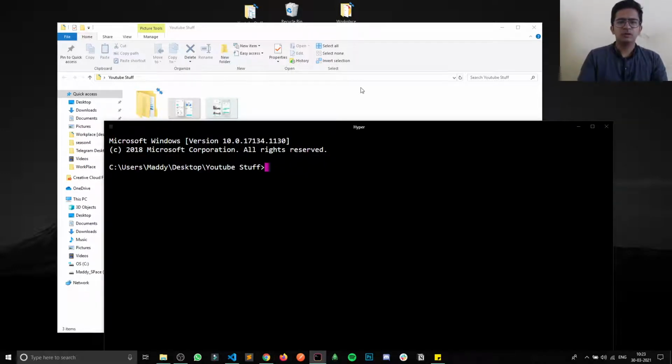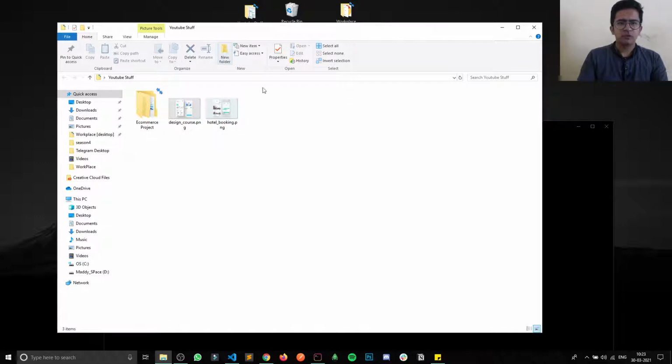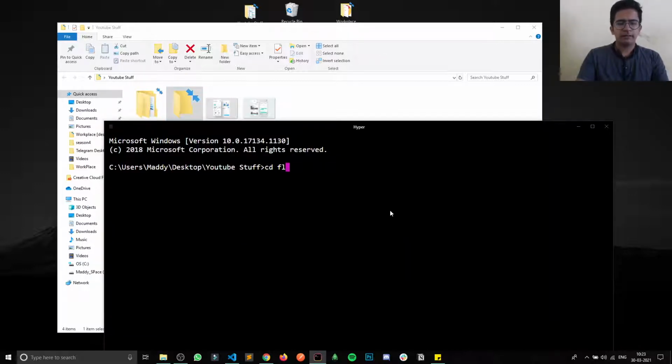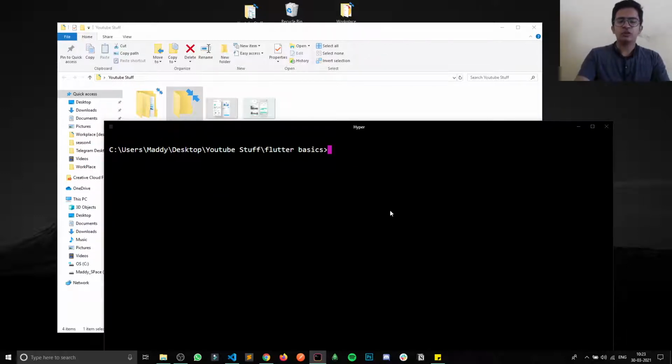Now I will just type here flutter create, that's it, and then I just have to type the name of my project. Wait, I will not do that here. Basically I'm going to create a new folder called Flutter basics, and go inside that folder, and then create the project, because all the stuff related to this series will be inside this folder.